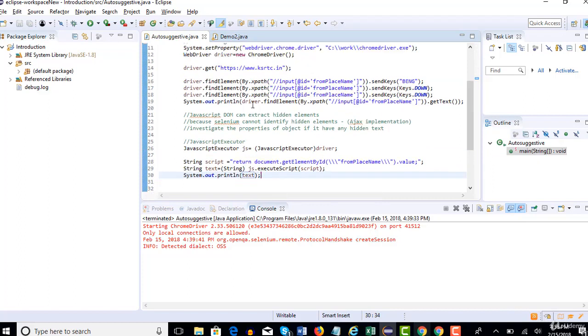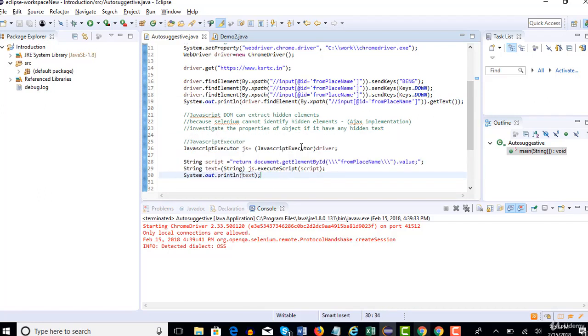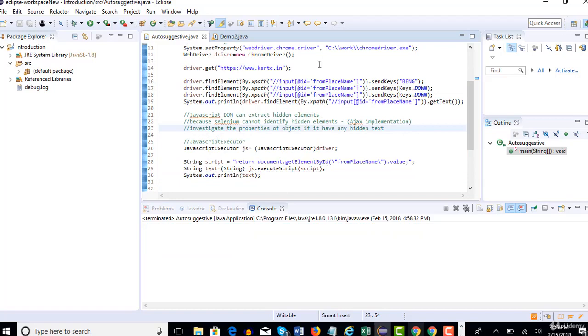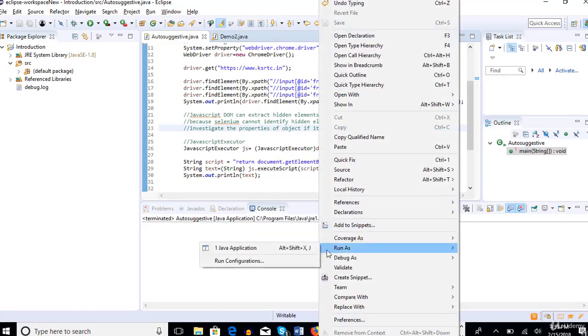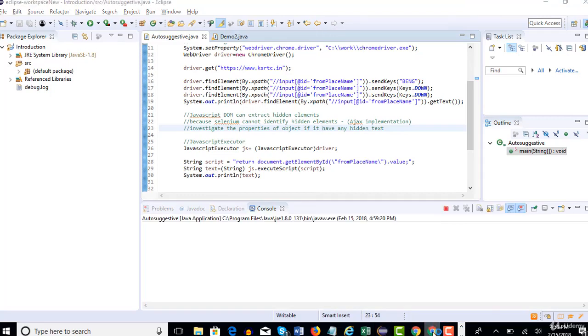When I did that directly with Selenium in my previous lecture, it didn't give me the value. Now I'm trying the same thing using JavaScript executor, and let's see if we have any luck in getting that. Okay, so I'll right click, run as Java application. I'll close the browsers, there are many open here.